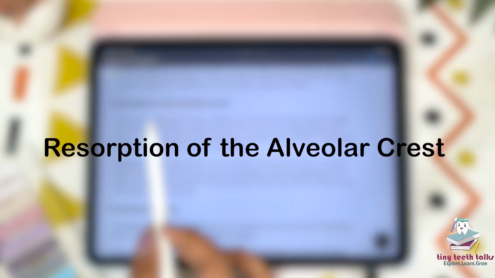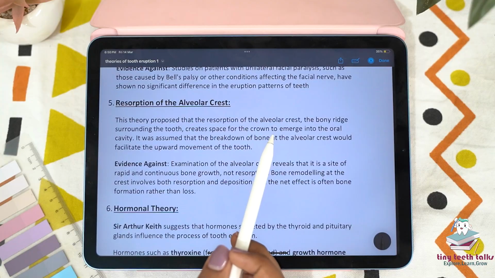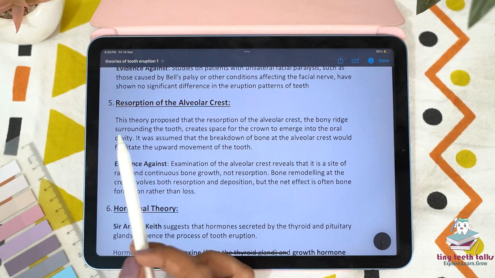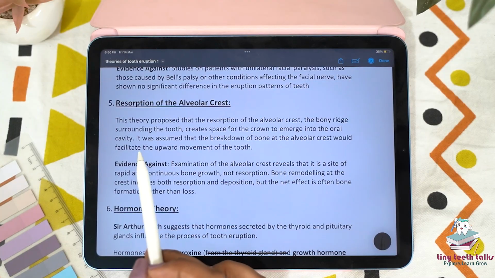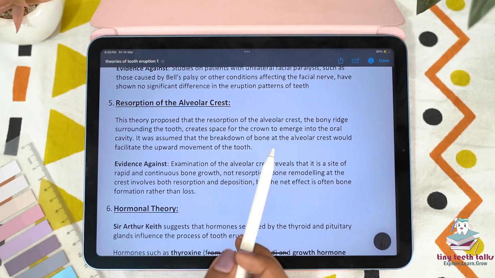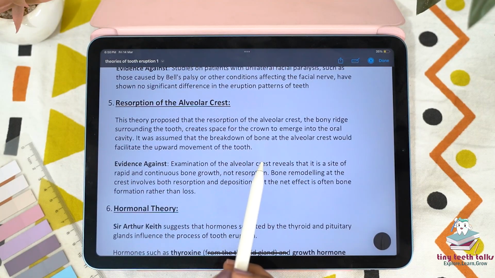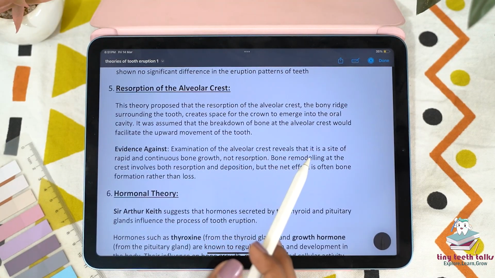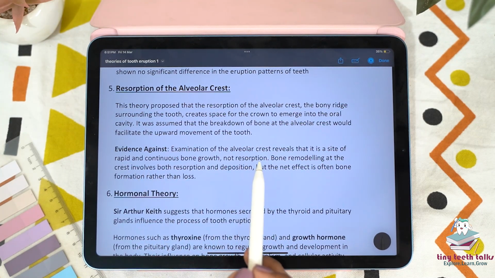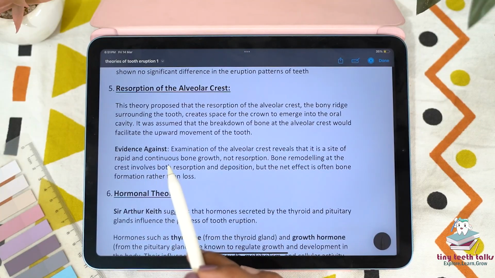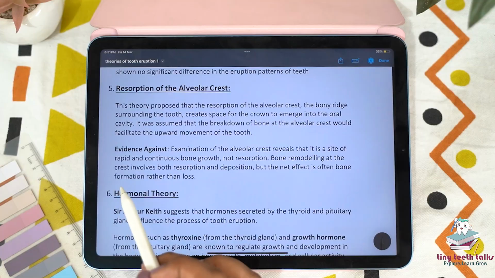So coming to the fifth one, which is resorption of the alveolar crest. This theory proposed that the resorption of the alveolar crest, the bony ridge surrounding the tooth, create the space for the crown to emerge into the oral cavity. It was assumed that the breakdown of the bone at the alveolar crest would facilitate the upward movement of the tooth, but examination of the alveolar crest revealed that it is a site of rapid and continuous bone growth, not resorption. Bone remodeling at the crest involves both resorption and deposition, but the net effect is often bone formation rather